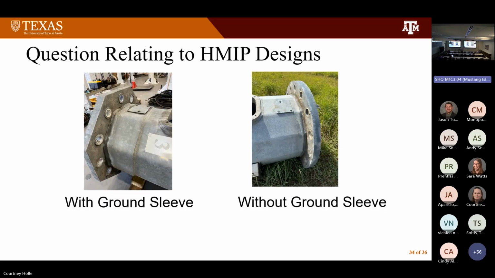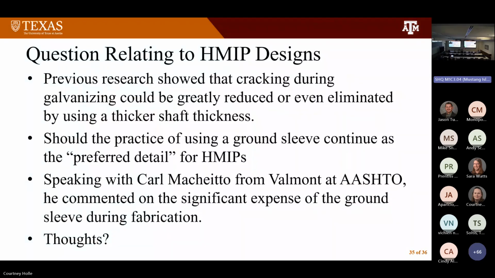The last thing I wanted to point out, we're talking about new standards that are going to happen. And again, some of this is my ignorance potentially. I was asking David, right now, for high mast poles, my recollection from 10 years ago was, okay, we're just going to put ground sleeves on everything. I had a long talk with Carl McKetta. Carl McKetta works for Valmont. He's not in Texas, but he's probably one of the best experts in ancillary structures from a fabrication perspective and so on.